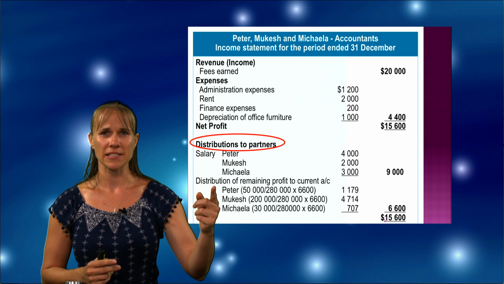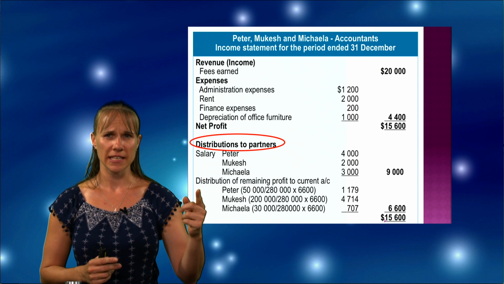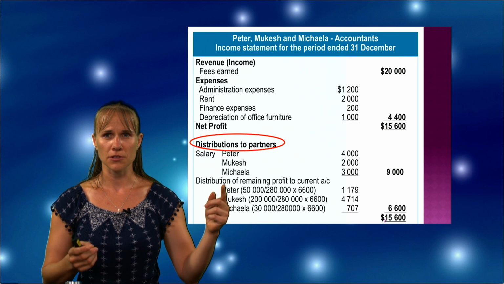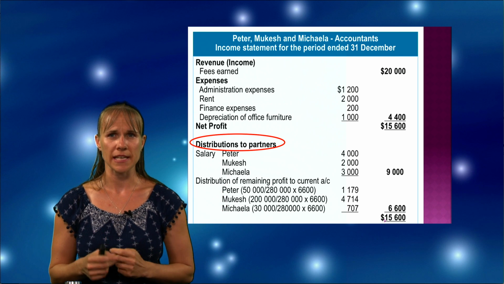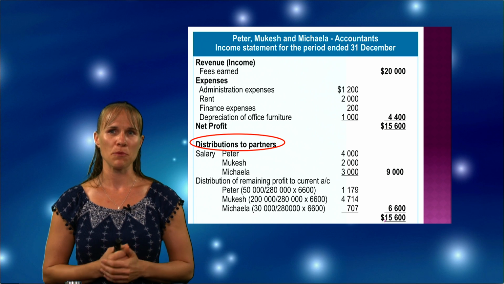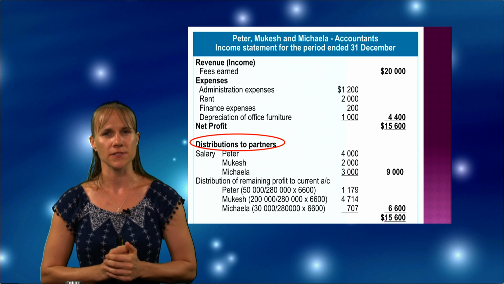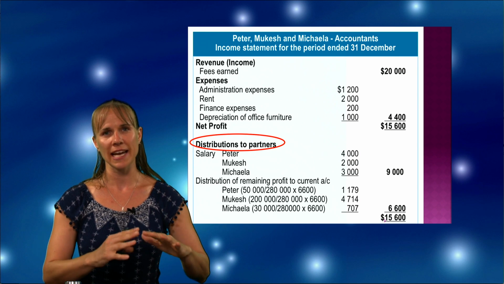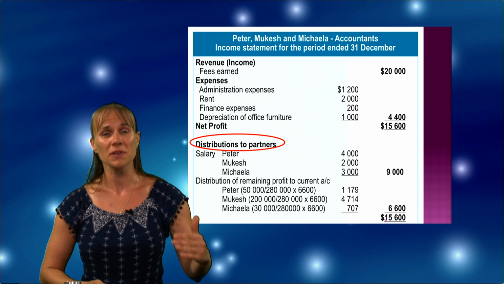So each partner is getting a salary, and then they're getting a distribution of the remaining profit. Okay, and if you look at the very bottom, you can see we have 15,600 was distributed, and that matches that net profit figure as well of 15,600. So they're showing that here's the profit we made, here's how we've allocated it or distributed it to each of